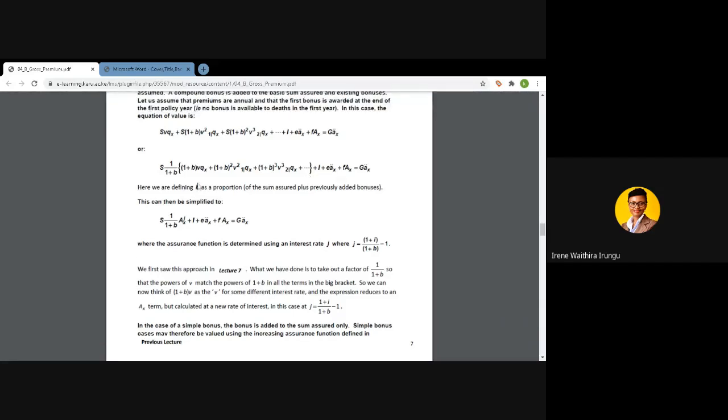So now you will see that whatever I have within the curly brackets, if I combine this term of 1 plus b times v, remember in terms of interest, v is simply 1 over 1 plus i, it simply means that I can combine this 1 plus b and the v to now become a new discounting factor, which we can call v star, so that it now corresponds to another EPV of the benefit, or another Ax function,